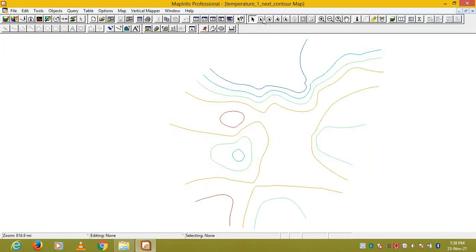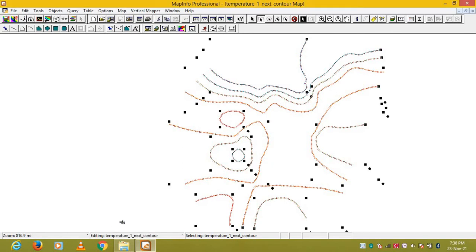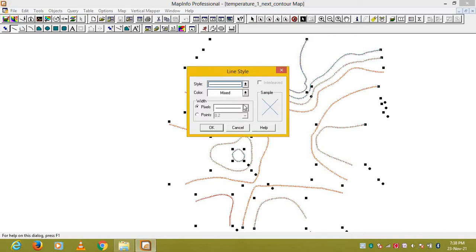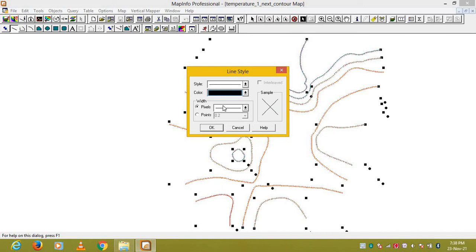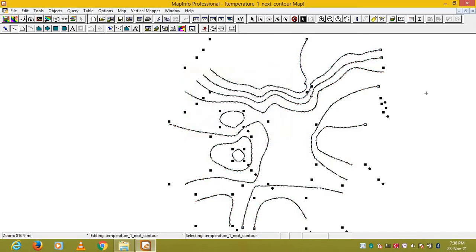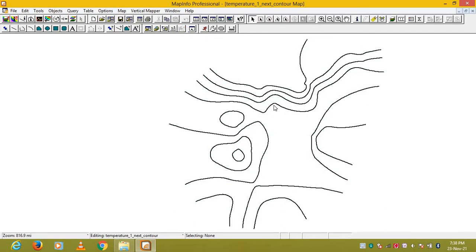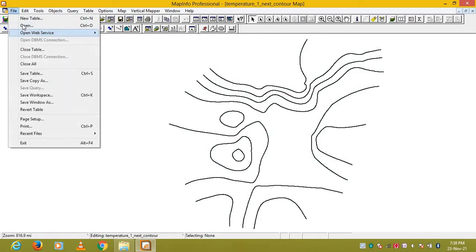Now I'll just select everything, then I'll go to editing, then temperature control, then I'll give the color black, since we are going to use it only in black color. And then pixel I'll give 2. Yeah, you see now everything is black. Now you just open your